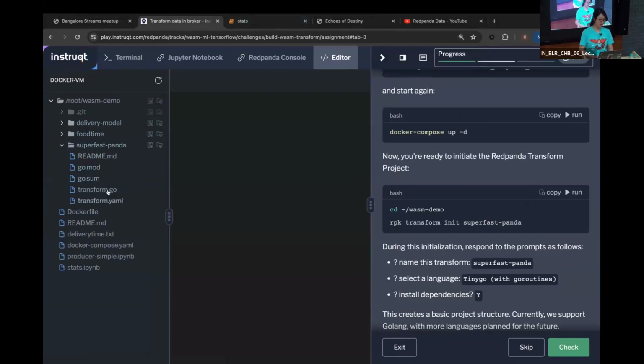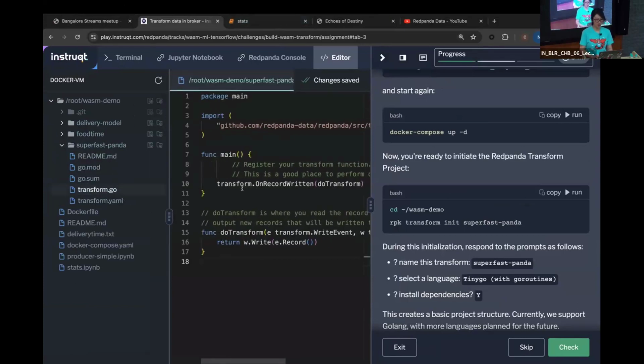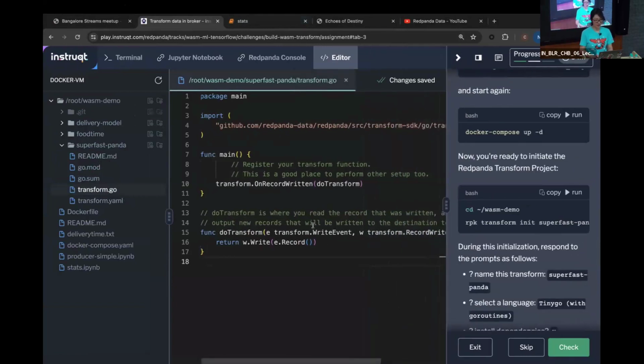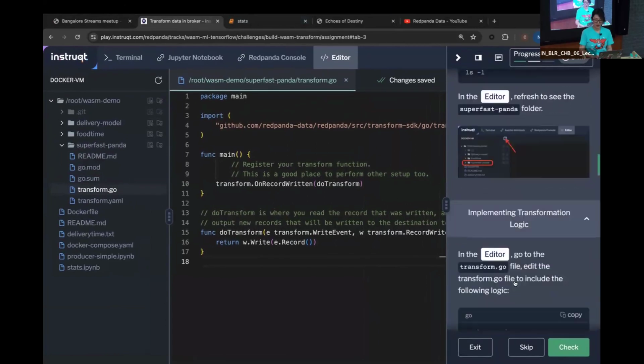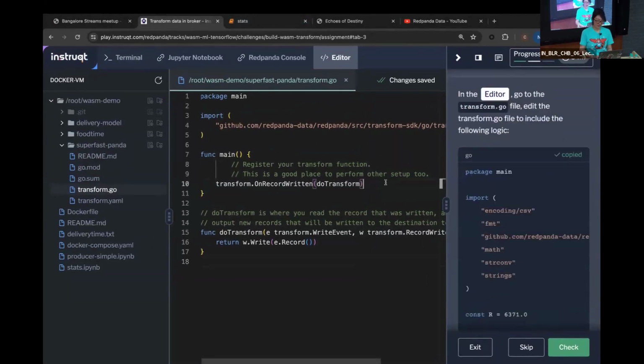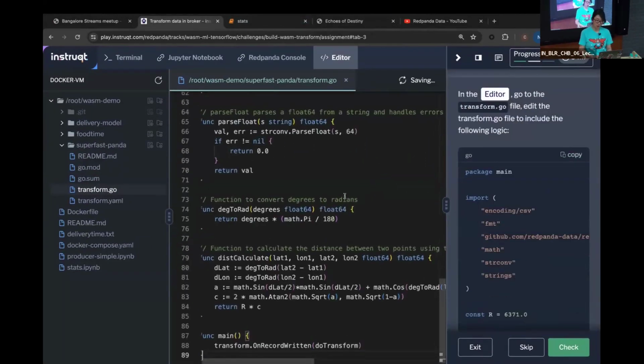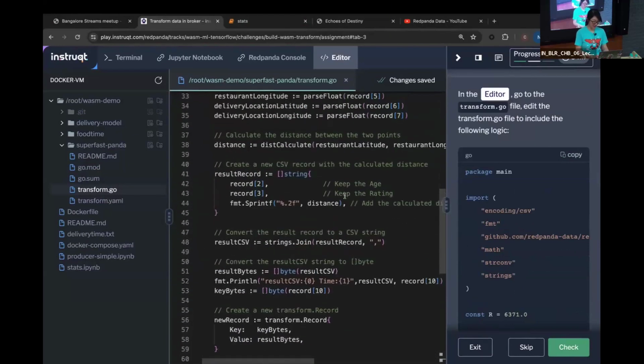it creates a couple of things I need. It gives me a structure of what my code should look like. So it takes in events, it sends out events. So basically it takes in, and then you can do some transformations and then take it out. So I'm just going to go ahead and paste my entire geographic transformations, and then also filter the data. So I'm only sending in the age, the rating,